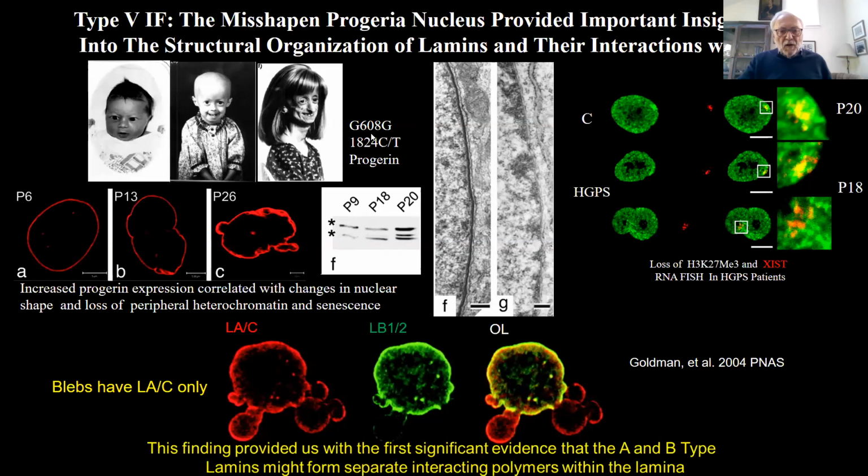So as you may or may not know, I'll just quickly review it for you. Progeria is a premature aging disease of children. It's caused by a single nucleotide substitution, 1824 C to T, which is a silent mutation, G608G. And it's a heterozygous situation. And in fact, what we were able to show years ago is the truncated protein known as progerin, which is the nuclear lamin A